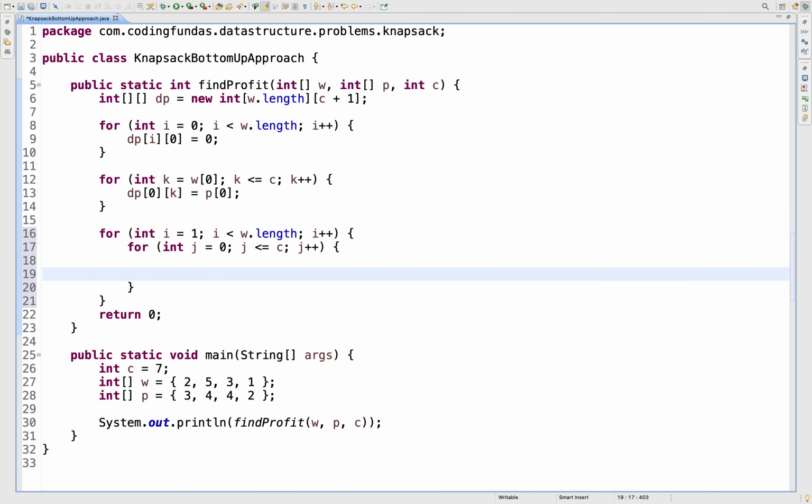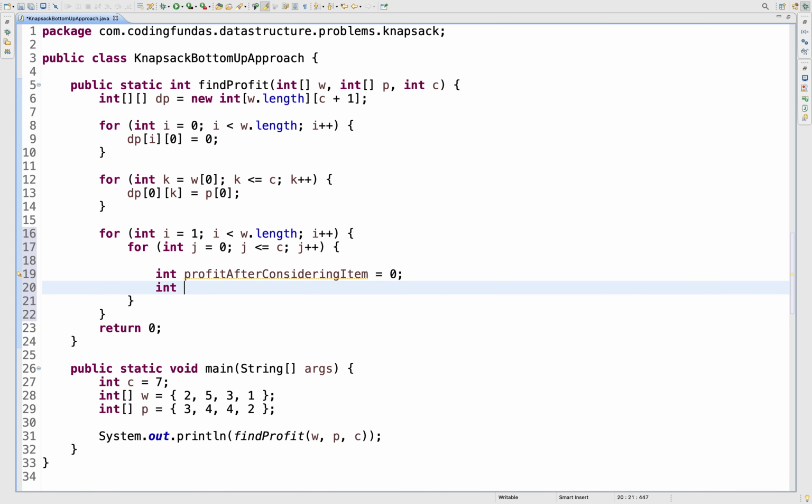Now we need to calculate, for every item, the profit after considering the item and the profit without considering the item.